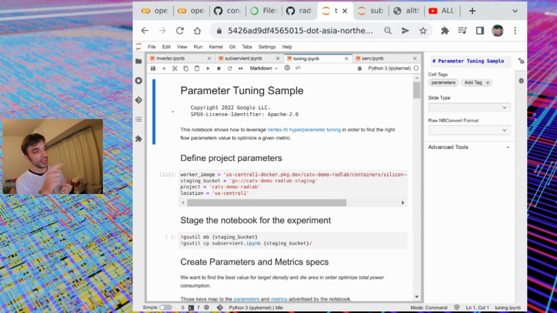And if you do it linearly, you will have a lot of failure, and it will take you some time to converge toward the actual sweet area where the actual design produces a better result. And you might end up losing a lot of money and computation time trying to find that space. And so for that, there's Google Cloud as a service,